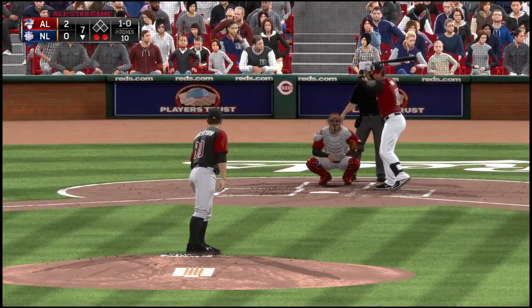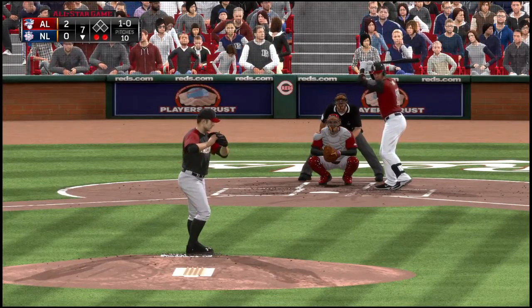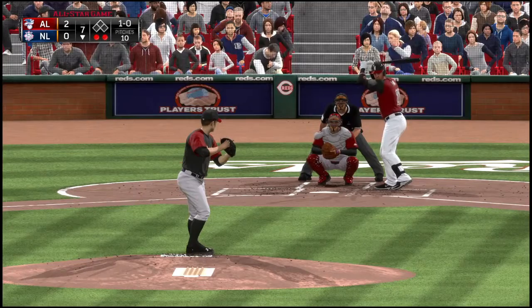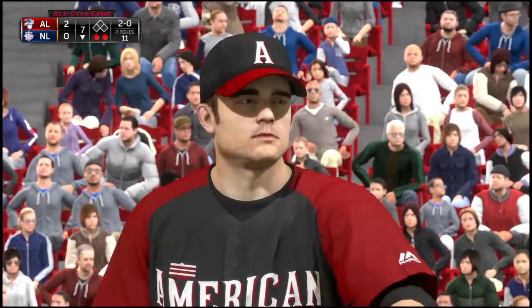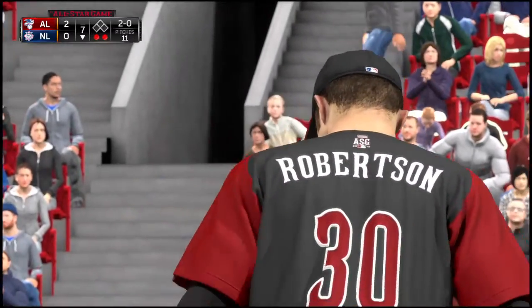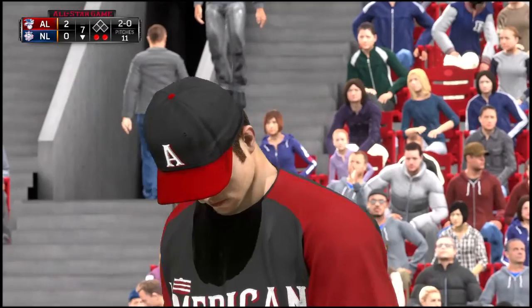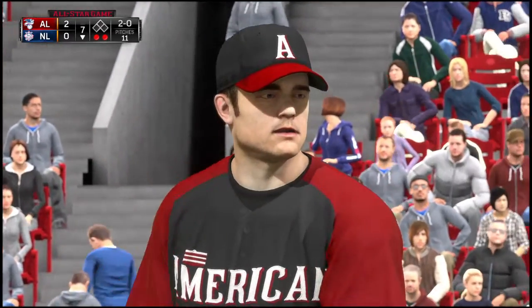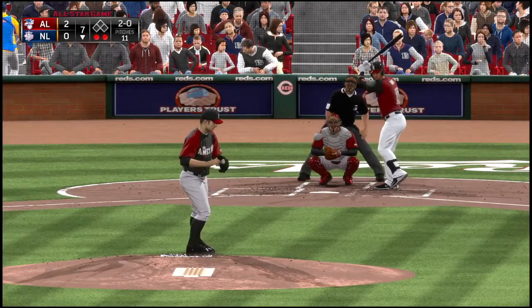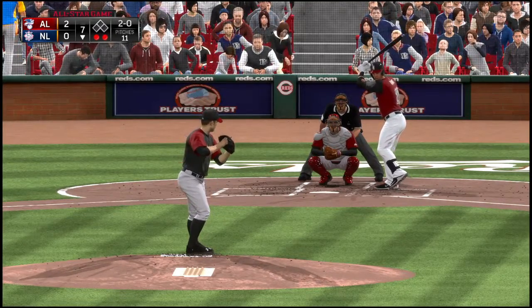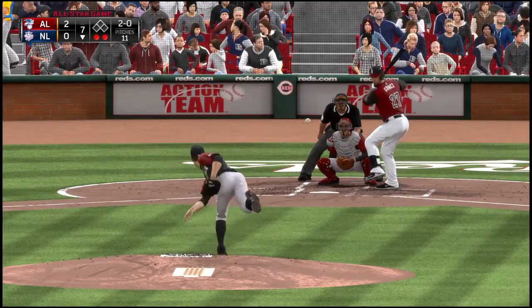All right, here we go. Two out, nobody on. Here comes the 1-0. And Gomez not biting on that one either. It's 2-0 now. The 2-0.